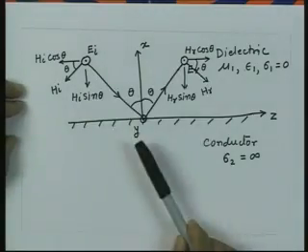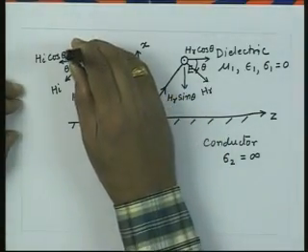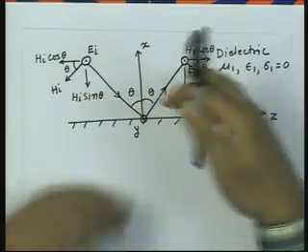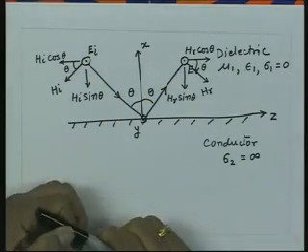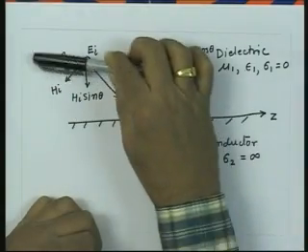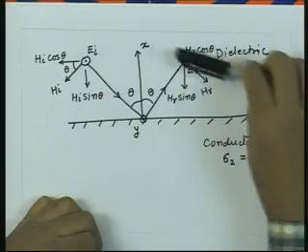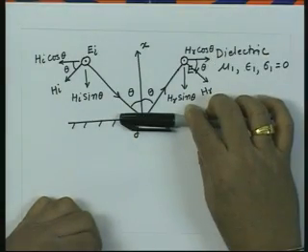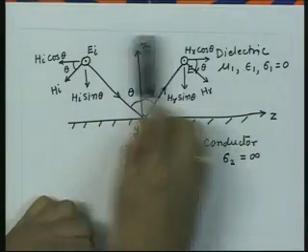In this case, the electric field is tangential to this boundary, because it is like this. So, when the wave is incident on this interface, the electric field is tangential to the interface. The component of the magnetic field which is tangential to the interface is H_I cos theta. So, H_I cos theta and H_R cos theta are the tangential components to the interface, and H_I sin theta and H_R sin theta are the normal components to the interface.